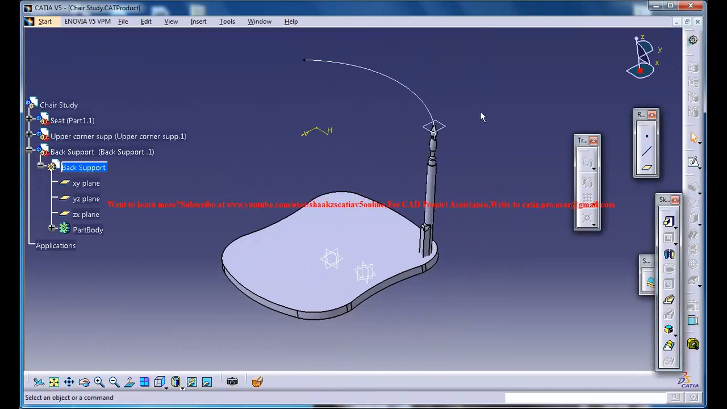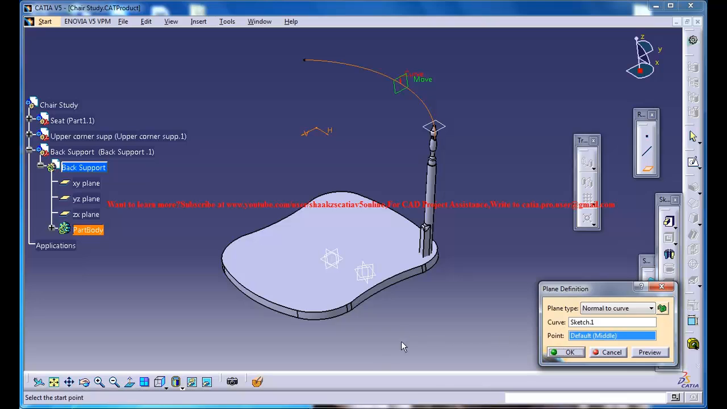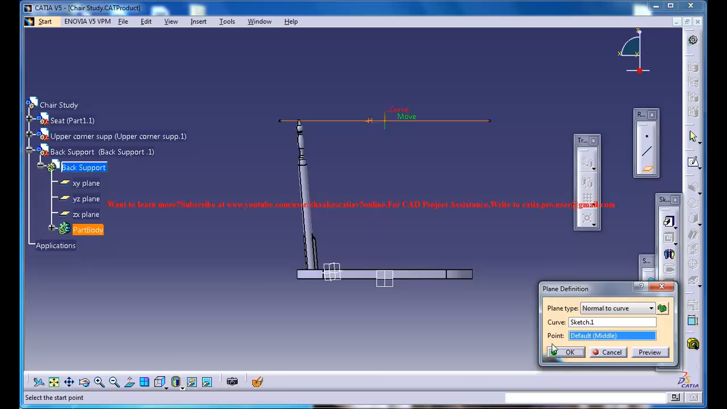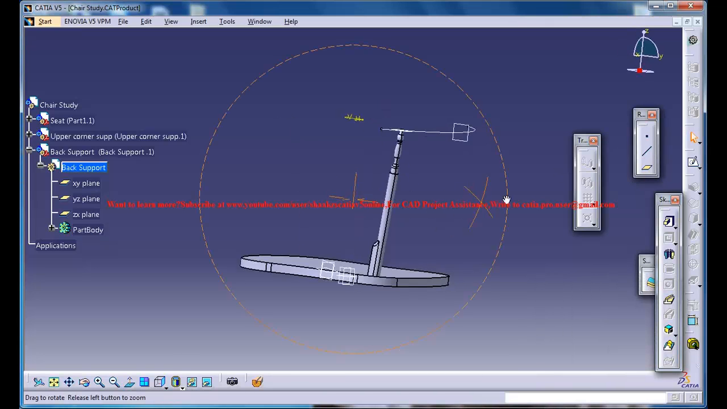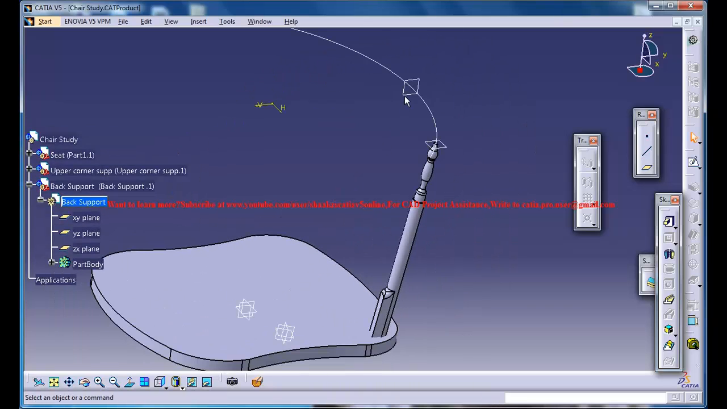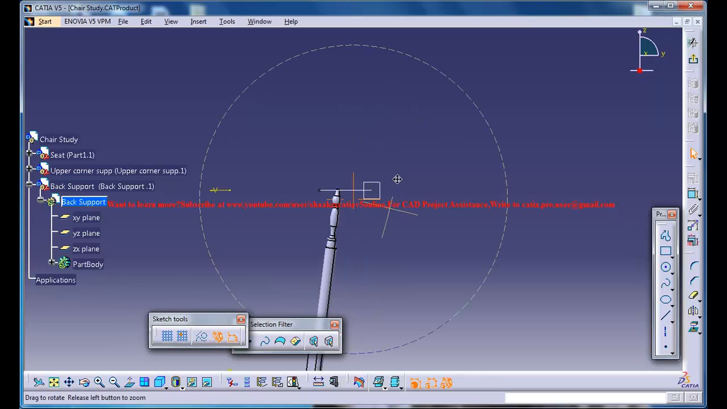Now what you can do is you need to create another sketch. You could do that by creating a plane, and that must be, yep, it'll be fine. Just click on OK. I've got a plane on the center of that particular curve over there. Now you could select that particular new plane and go for the sketch, and then